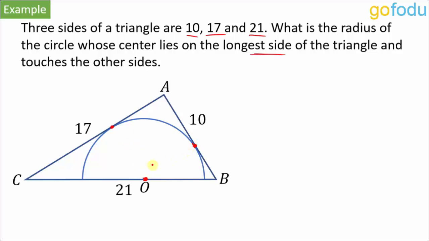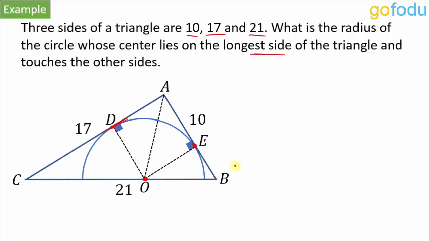So we'll join these. This radius is perpendicular to the tangent at the point of contact. This property you will see in circles video. Again, here also it is radius and tangent. Radius is perpendicular to the tangent at the point of contact. Also, I wish this line OA was there, so that I have two triangles AOC and AOB to deal with.